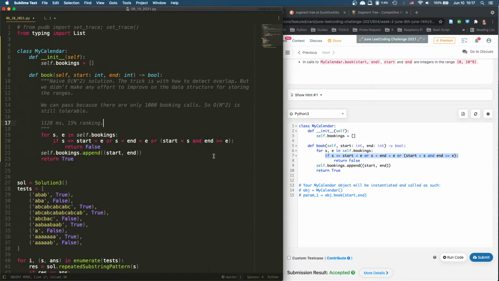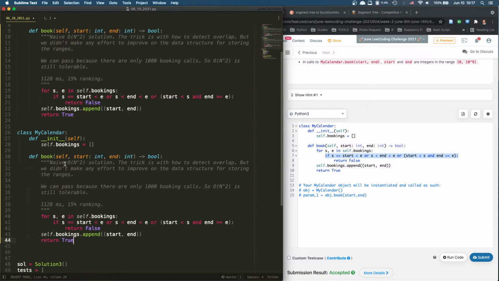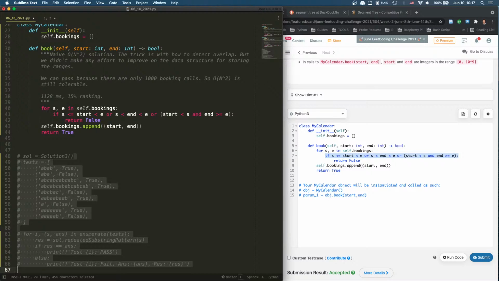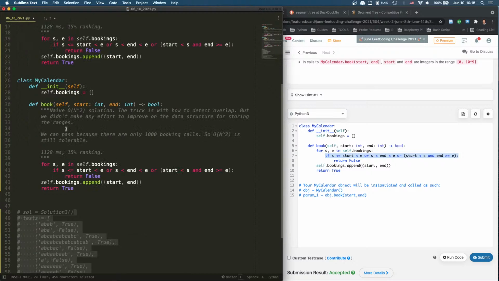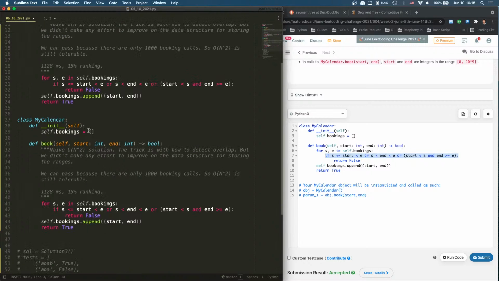I think it'll be faster than this one, but still, the worst case scenario is still pretty bad. Anyway, but give it a shot. So we import bisect, right? Bookings is still, so this is still O(n) squared,